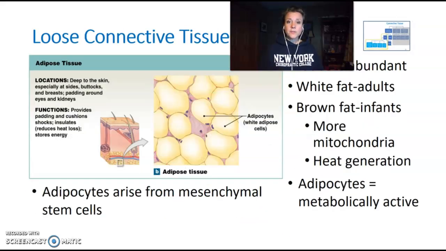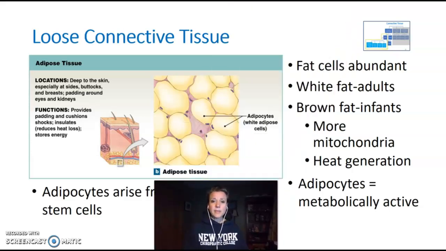Another type of loose connective tissue that might be more familiar to you is called adipose tissue, or fat tissue. And the locations of fat, oh gosh, it's all over the body, right? It's under the skin, in the buttocks, the breasts, padding around the eyes, and even the kidneys. So just look here, and this will tell you where you're going to find adipose tissue. Adipose tissue is made up mostly of fat cells, and most of the space inside of a fat cell is taken up by a droplet of lipids